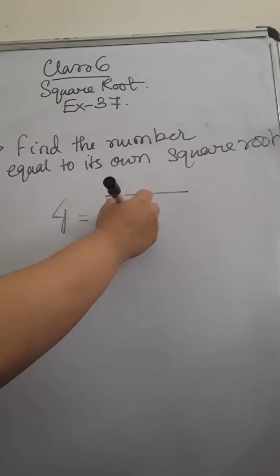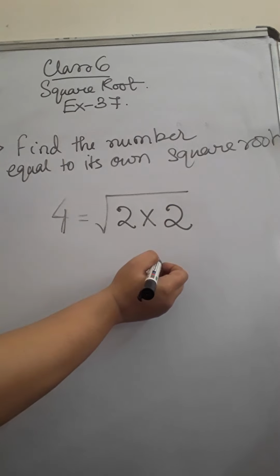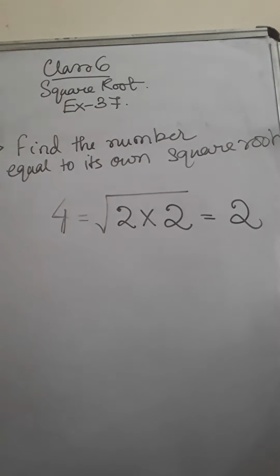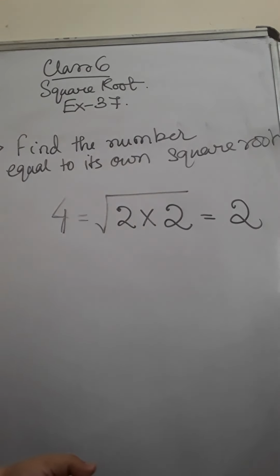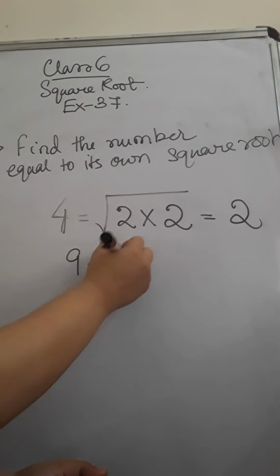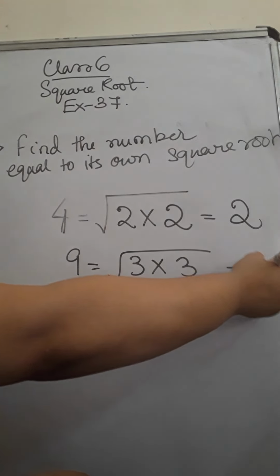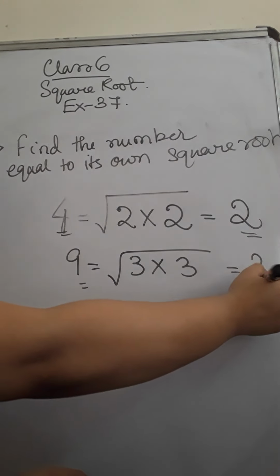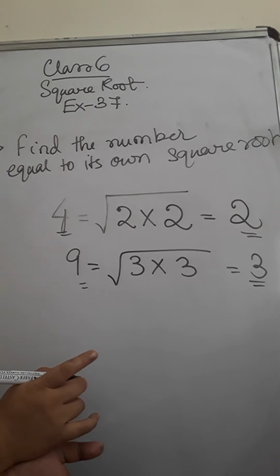Root of 4 means I have to show it as a multiplication of two similar numbers, and then I have to take out the single number from there. So 4, if I find the square root of 4, I get 2. Similarly, if I take 9 and find the square root of 9, I get 3. So the number and the square root value never matches, but there is again one number which matches with its